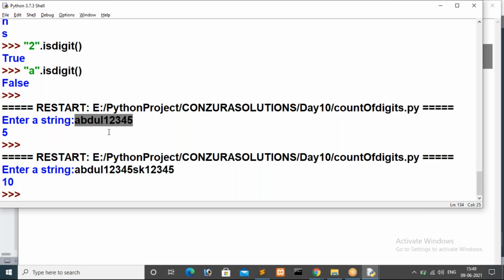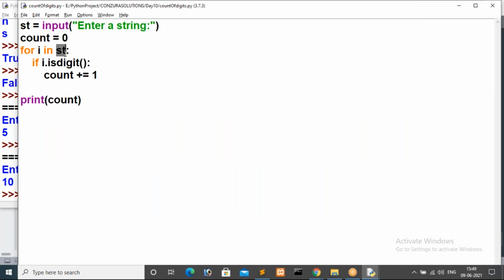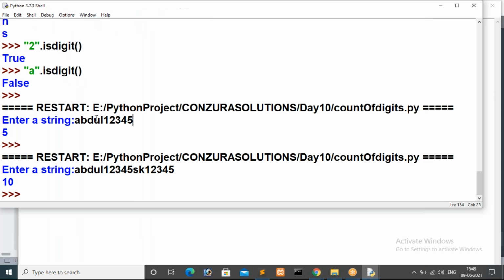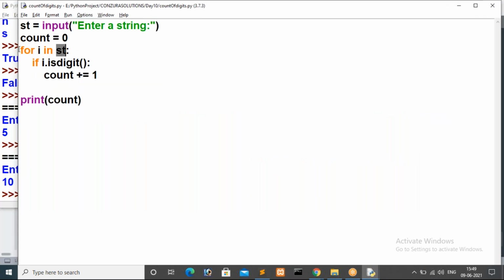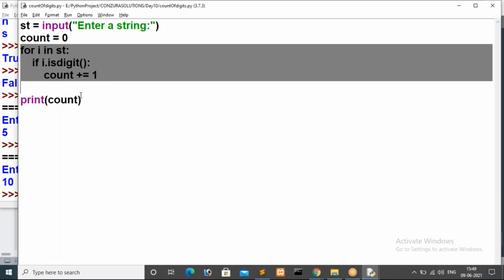So you just check the length. Whether it is a string or a character doesn't matter. First we have to iterate the loop, and then only it will print. In that case st will store Abdul 12345, so the length of the string is 1 2 3 4 5 6 7 8 9 10. Based on this length the iterator will iterate, which means this entire loop will iterate 10 times.